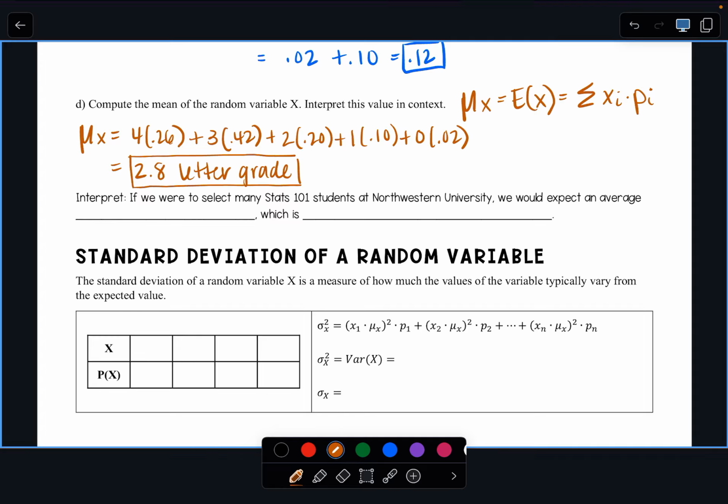In the case of our mean, it's always going to be under the assumption, kind of how we defined it, if we were to select many, if we were to do this again and again, you have to have something stating that this is not just a short run event. This is long run behavior. If we were to select many Stats 101 students at Northwestern University, we would expect an average of 2.8